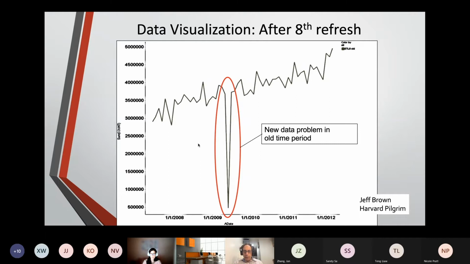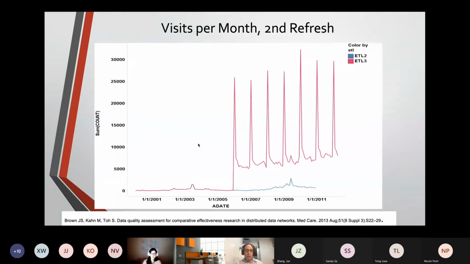Jeff was really never able to explain to me where this came from. I do have another example where this was explained, something very similar. This is another site where this is the previous extraction, ETL cycle number 2. All of a sudden, same code, same data set, a quarter later, ETL cycle number 3, and it looks completely